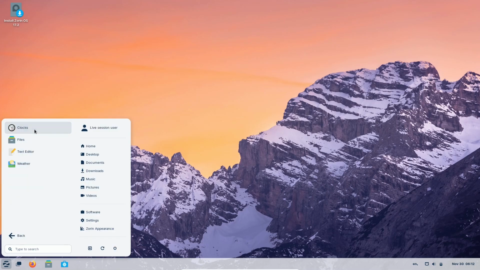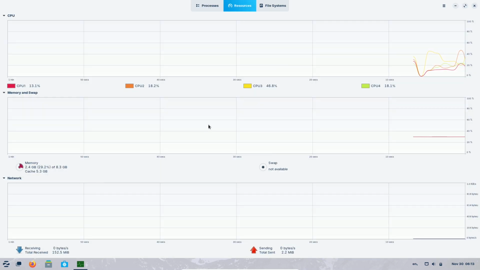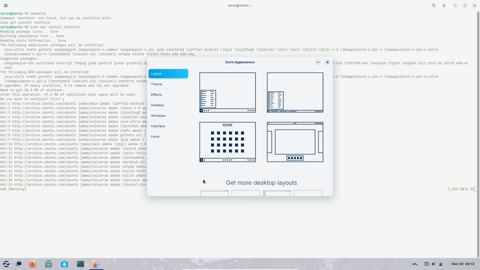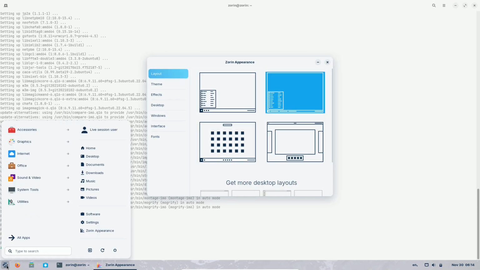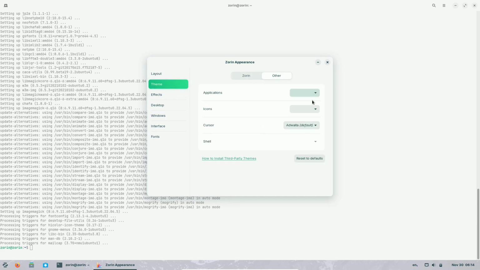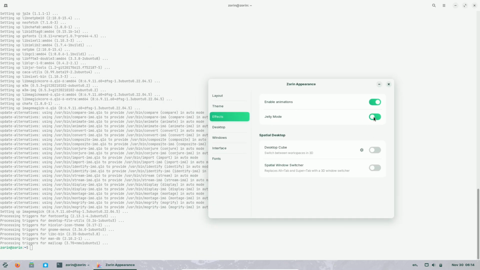What's new? The Zorin Appearance tool receives significant updates, making personalization easier than ever. Users can now change the cursor theme directly in the Appearance app, install third-party themes with a simple process, access a guide to customize apps using libadwaita, aided by a tailored patch for Zorin OS 17. Additionally, the tool introduces a Windows section to tweak window behavior, such as title bar settings and focus movement,